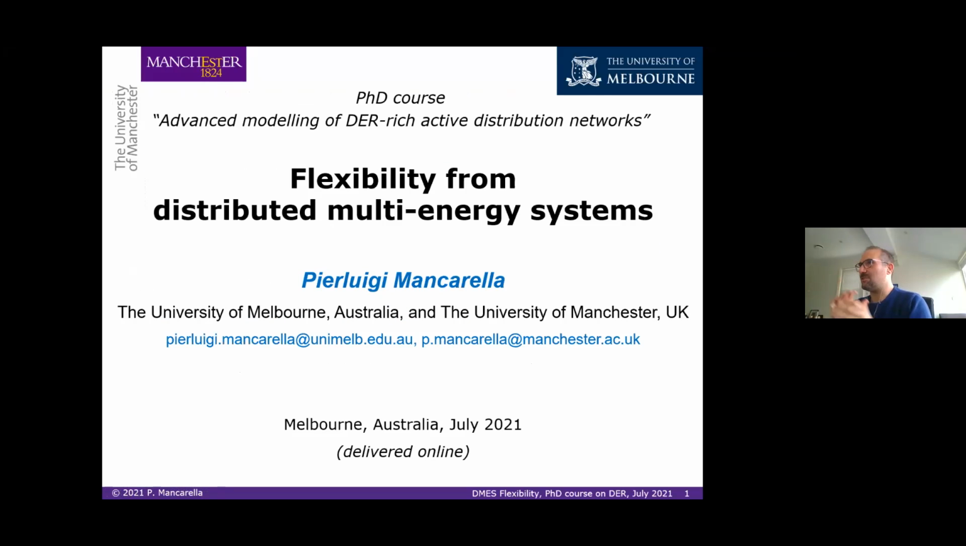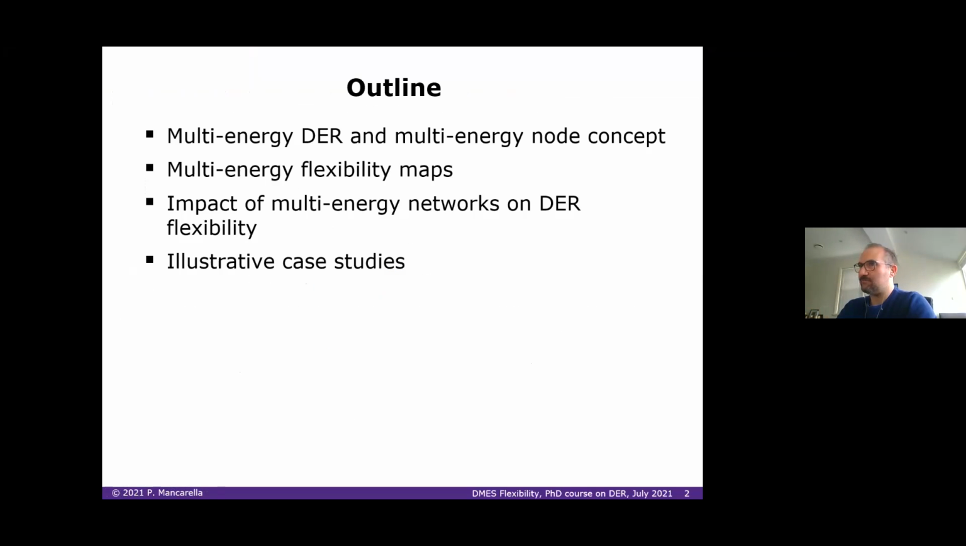So when instead of just electricity, you look at electricity together with other energy systems, how can you extract flexibility from that? So we move from electricity-only flexibility to multi-energy flexibility with these multi-energy distributed resources, and from a power node model that we use as a starting point to a multi-energy node concept. And then the flexibility maps that I showed you for active and reactive power now will become flexibility maps across multiple energy vectors, particularly electricity and heat,